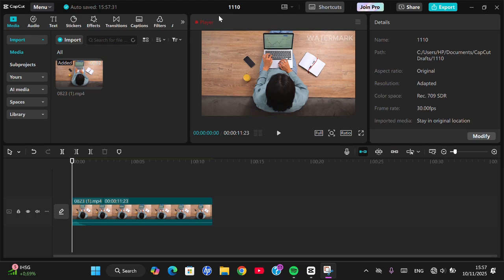In today's video, I'm going to show you how you can remove any object from your video using CapCut PC. Okay, let's get started. Here I have already opened my CapCut PC application and I'm going to duplicate my video